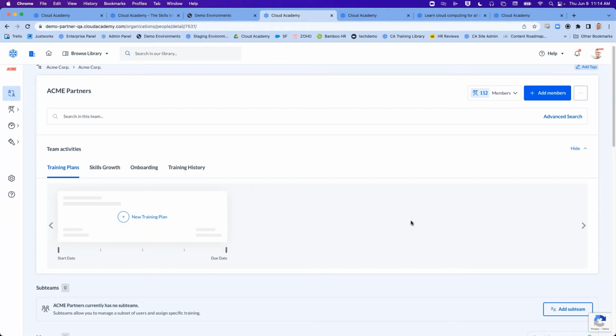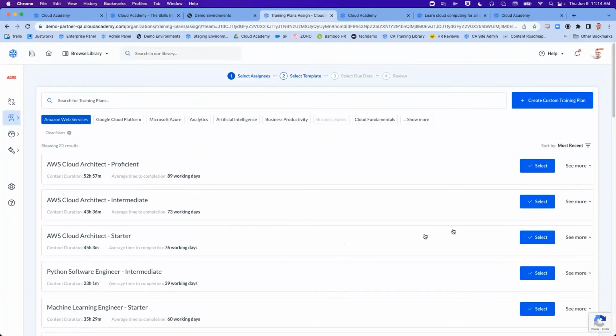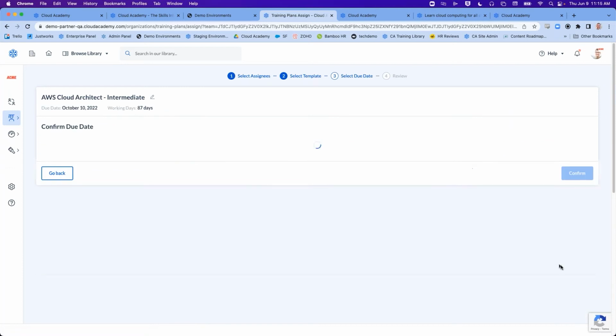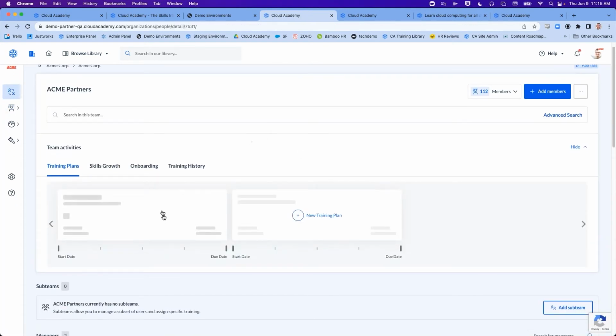The last couple of pieces that I'll mention that make the training plan so unique in terms of the administrative side is going to be the ability to stack and sequence training plans. So I'll come in here and assign the very next training plan. So as end users wrap up this initial training plan, even if it's well in advance of the deadline that you set, they will seamlessly transition into the very next training plan.